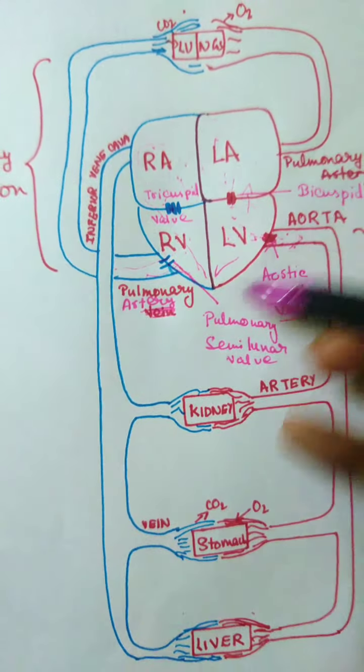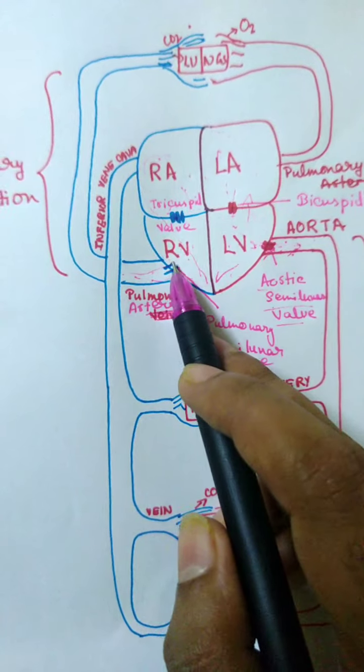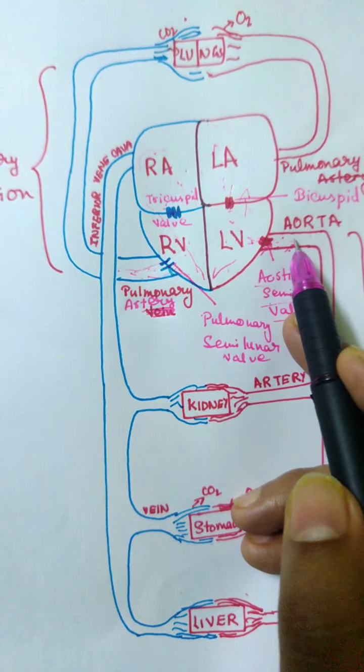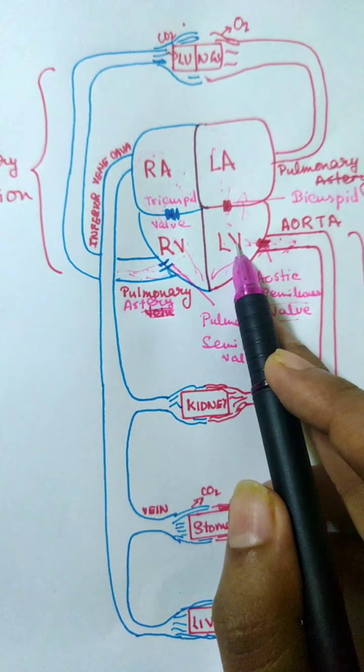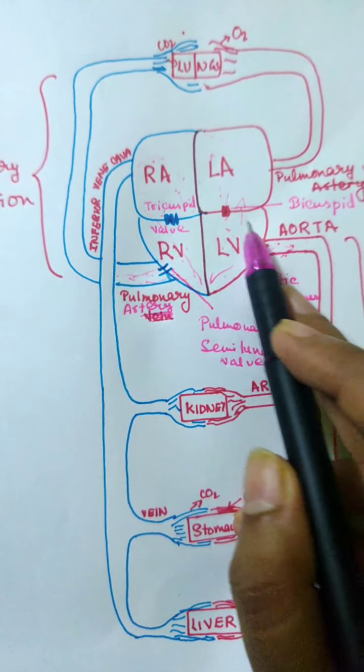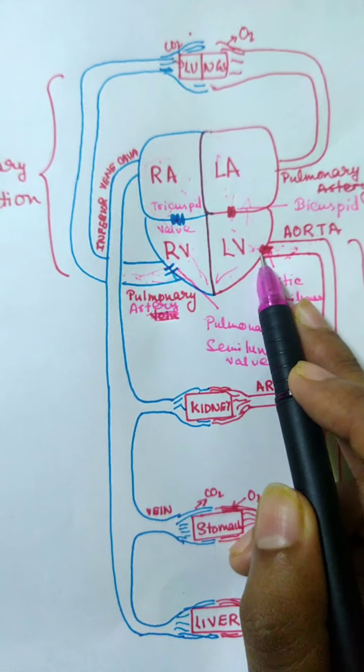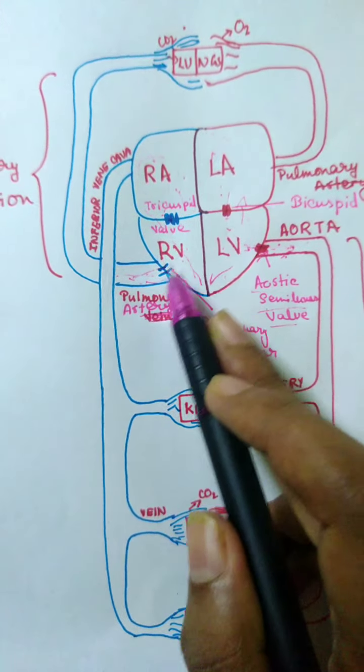As soon as the ventricles are filled with blood, they squeeze the blood to the various blood vessels, that is the aorta and the pulmonary artery. The left ventricle squeezes and the blood flows through the aorta. The right ventricle squeezes and the blood flows through the pulmonary artery. Hence, to prevent the backflow of the blood, as there will be low pressure here, these valves are present which close in their turn so the blood does not return back to the heart.